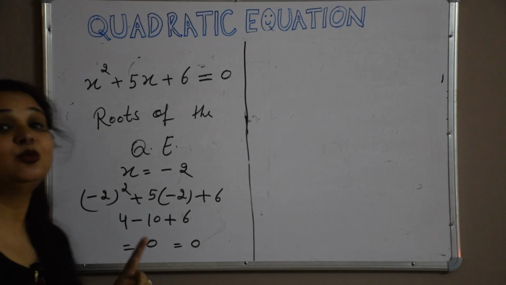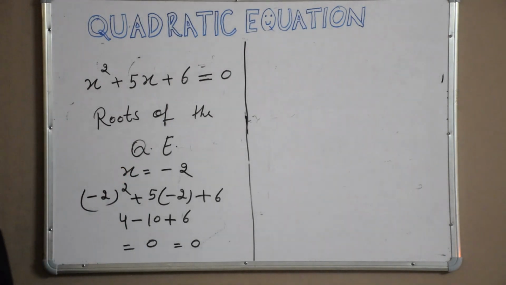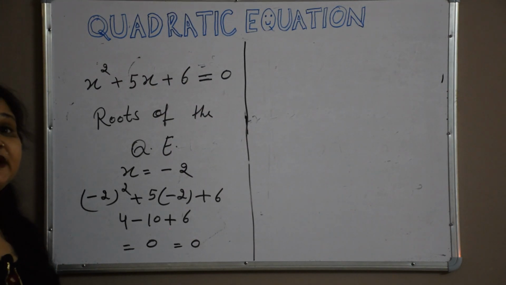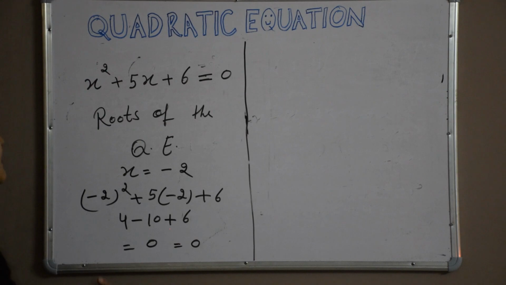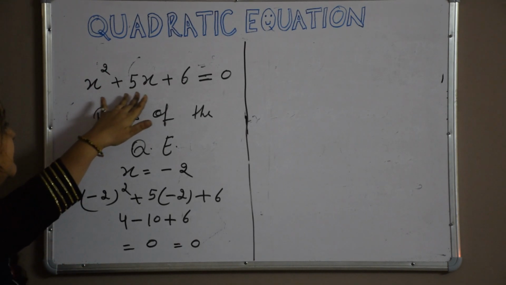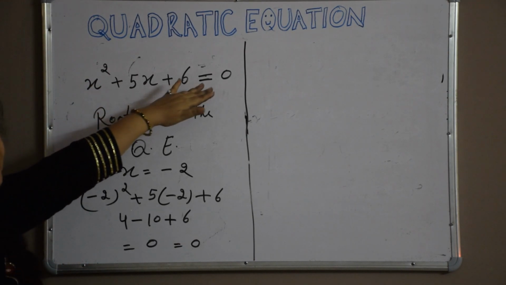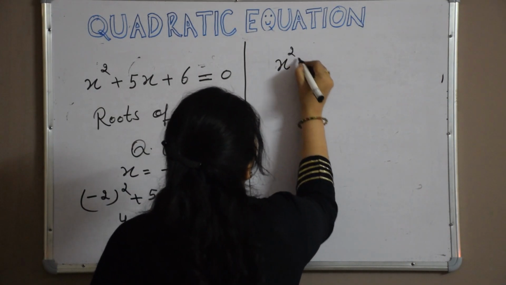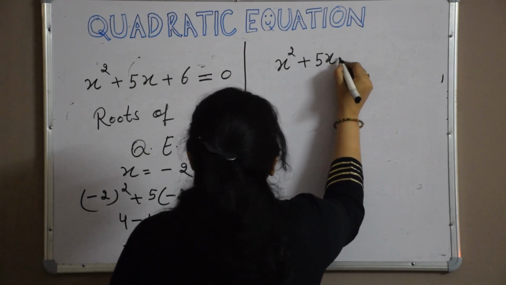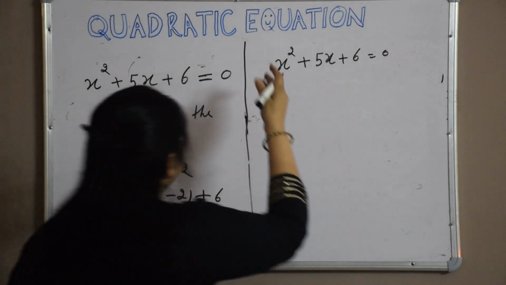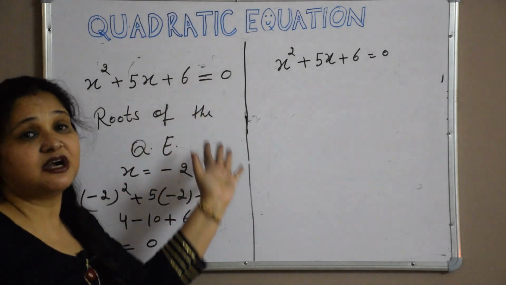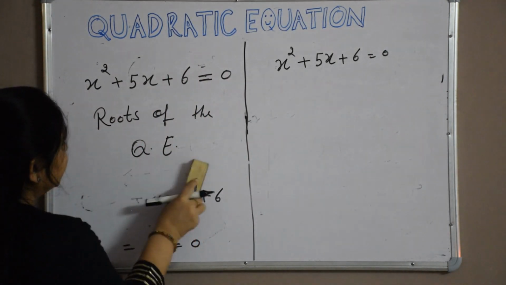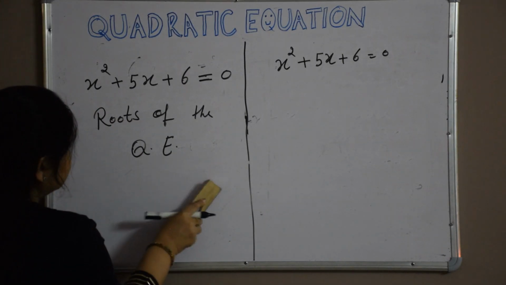Every quadratic equation has exactly two roots. A linear equation has only one, a quadratic has 2 roots and a cubic has 3 roots, which means there are two values that will make the left hand side equal to the right hand side. Now the question arises, how can we find these roots? It will be difficult to check each and every number, starting from 0 and taking all positive and negative numbers, because roots can be negative as well as positive.